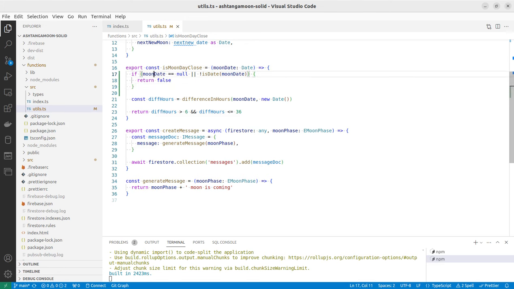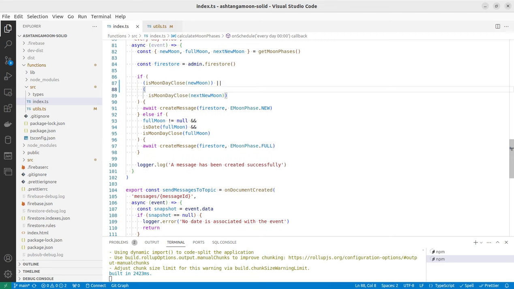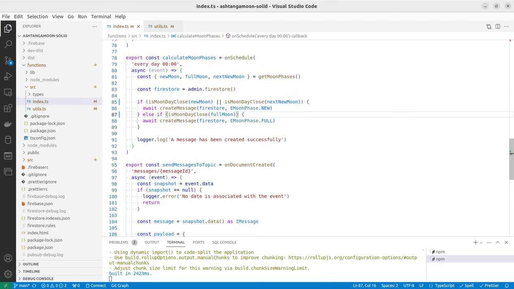So if the moon date is null or if it's not a date, we just return false, meaning that the moon date is not close. We can remove these conditions from here because they are already implemented inside the isMoonDayClose function. I can save the file. Yeah, I just reformatted the